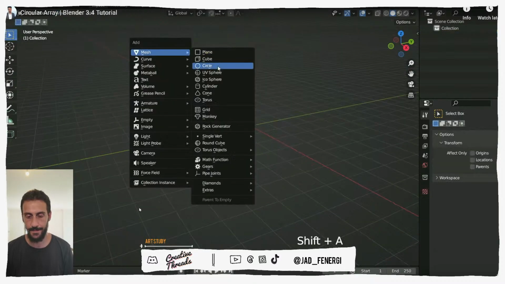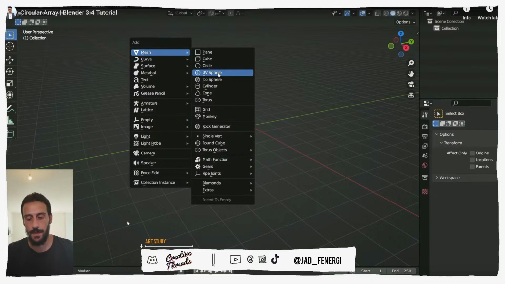Alright, so this adds a UV sphere. So the spin tool isn't something that I want to do because it's not modifiable, because I want this procedural